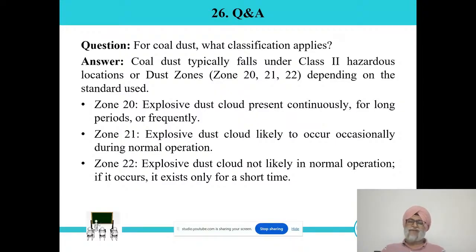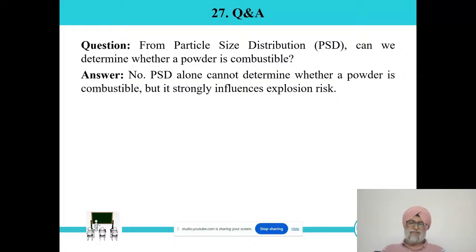So you can refer to the definitions. This is explained in detail in the webinar also, and of course, we have to refer exactly. If you want clarification of continuous, likely in case of 21, and leakages in case of 22, you can refer to the IP also. Their hours are also mentioned, for how many hours we should consider continuous, for how many hours we should consider 21 as primary, or 22. So you can refer to IP 15 also. That is for the vapor space, but just for understanding, you can refer to that.